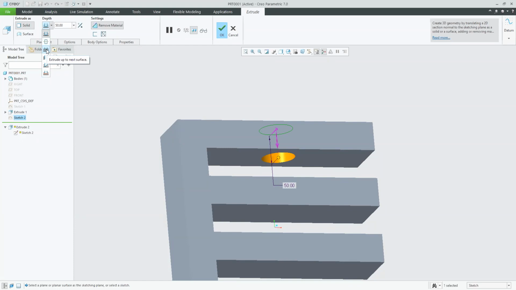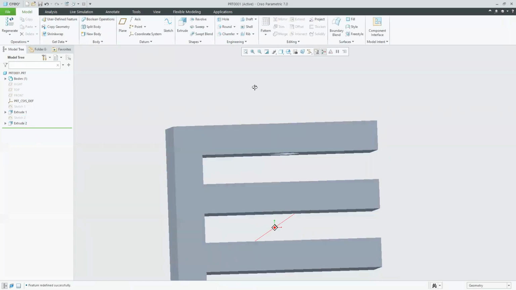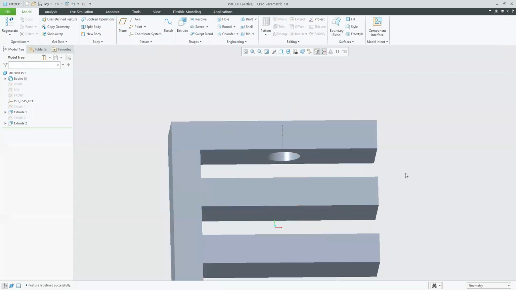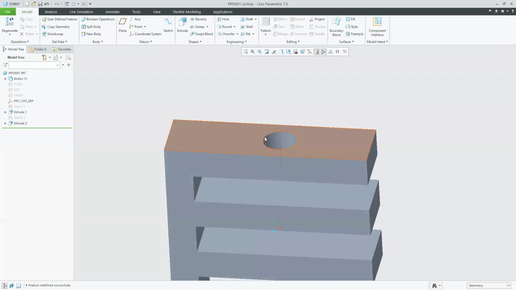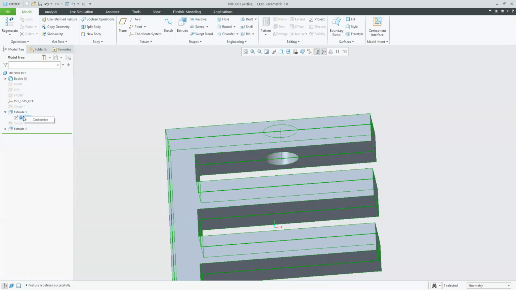Because of this up to next surface, check what will happen. This thing will go off. You cannot type a value. I will click on OK. Now I have told this hole that whatever it may be, you should remain up to the next surface. So I created this circle at this location and told it to go till the next surface. It is going to find the next surface from here. The next surface is still here, so it drilled till that location.